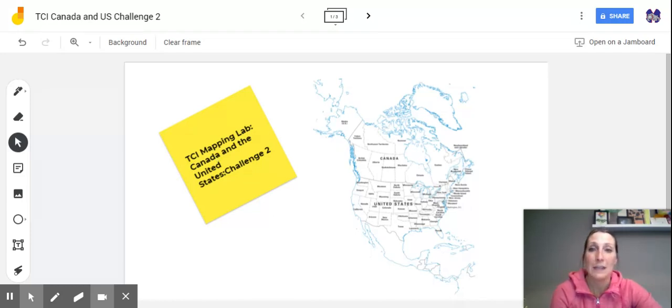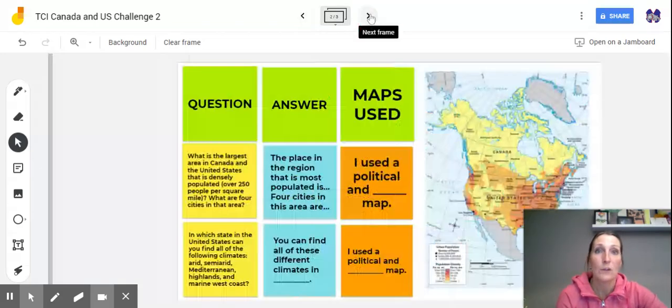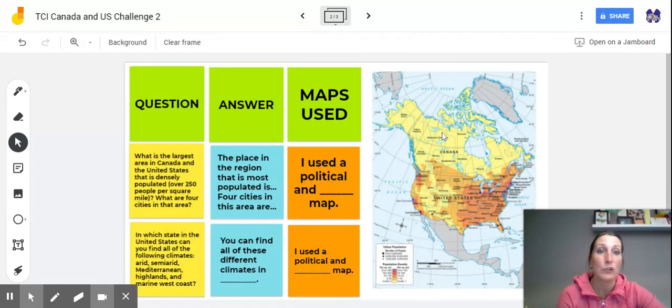What you're going to see there are a series of different thematic maps. The type of map that you're looking at here is a political map. So this is going to identify those states, provinces, and territories that you located for Challenge 1. Your 10 questions are going to be prompts that you have to decide what type of map to use. So here, I'm going to give you 2 sample questions and some prompts to get you through how to answer